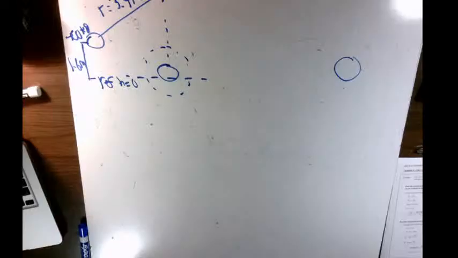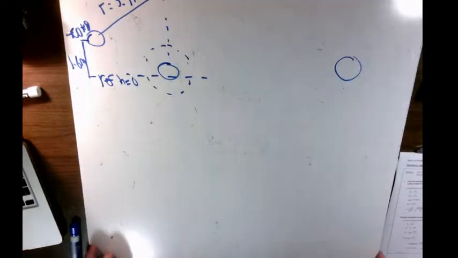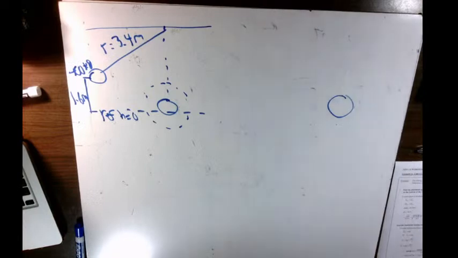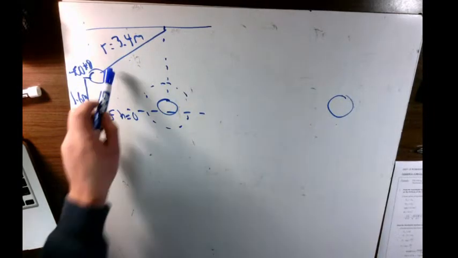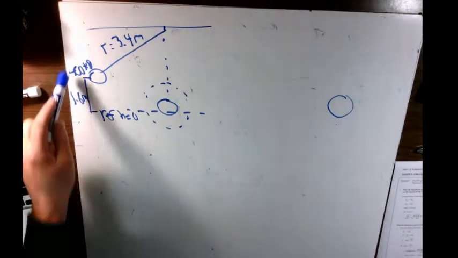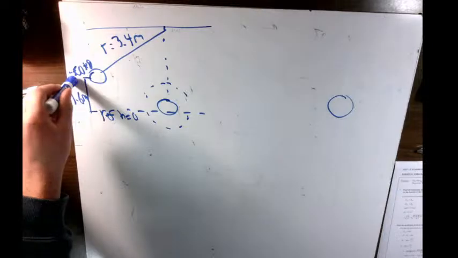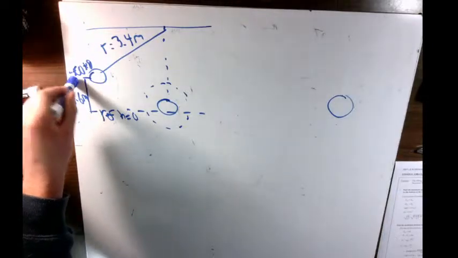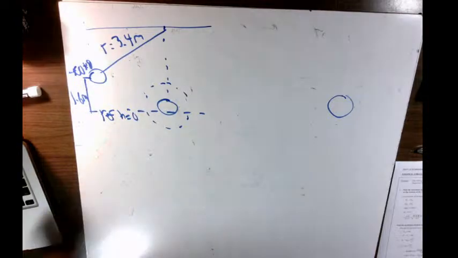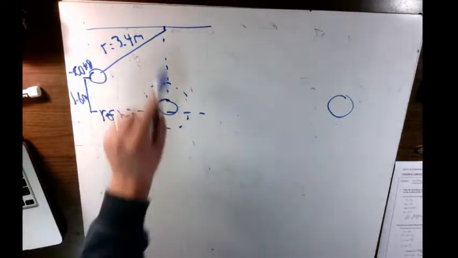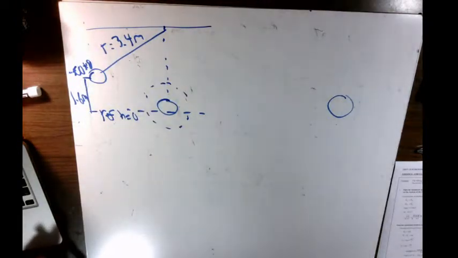So here we go. I've got it drawn out on my whiteboard already. We've got our pendulum, a length of 3.4 meters. Attached to it is a giant 400 kilogram, I'm going to call it a wrecking ball because that's massive. And it's starting at 1.6 meters above its reference height, that equilibrium point there. So in order to determine the maximum tension, we have to know first of all where